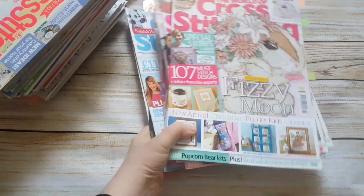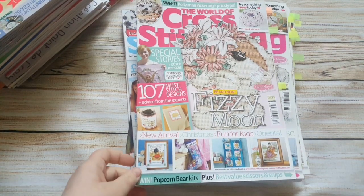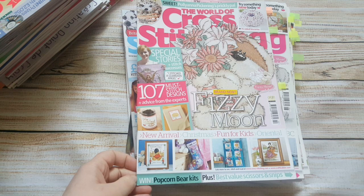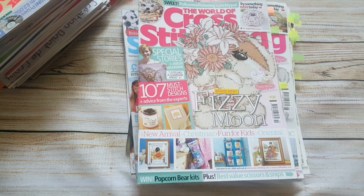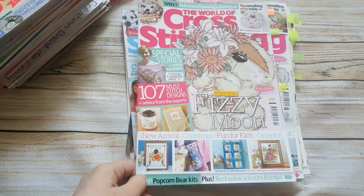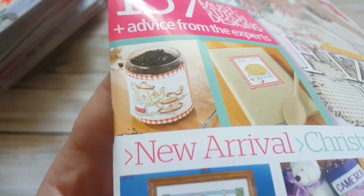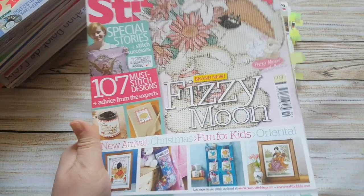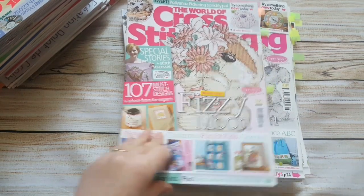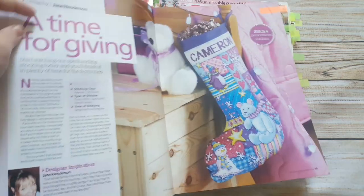Then I have the World of Cross Stitching, and that's more like, I do like all the designs, the ones with the Christmas stuff as well. There are some stockings and some small ones, but there are some bigger designs as well. So I did like the jar thing for tea, and the fizzy moon as well, and there is a stocking. So I have marked the stocking here,